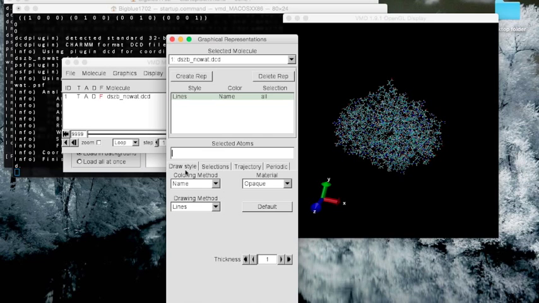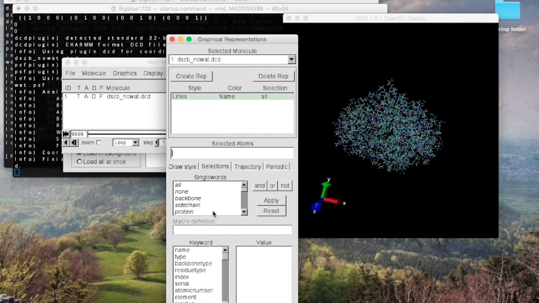You actually have under the Selections tab somewhat of a cheat sheet of different commands or keywords you can give it. One of the easiest ones that you can do is segname. Segname differentiates between the different segments that are loaded in your representation, and in this particular case, DSCB is the protein, and Lig1 is the generic name of the ligand within this protein. So what we're going to want to do is